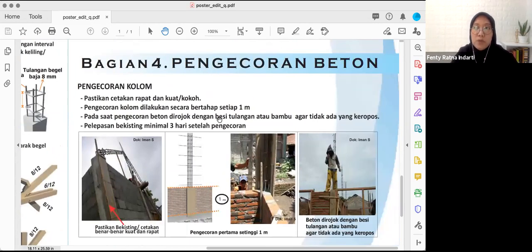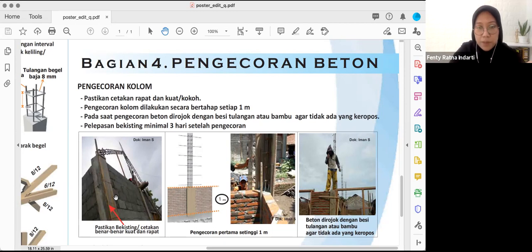Next is about how you do the concrete. As I mentioned before, there is prefab concrete and also in situ concrete. Usually for this type of smaller building, they use the in situ one. So you create the scaffolding or the molding here. We call it pakisting, which I think is Dutch. So this is pakisting, a mold that you create to shape your